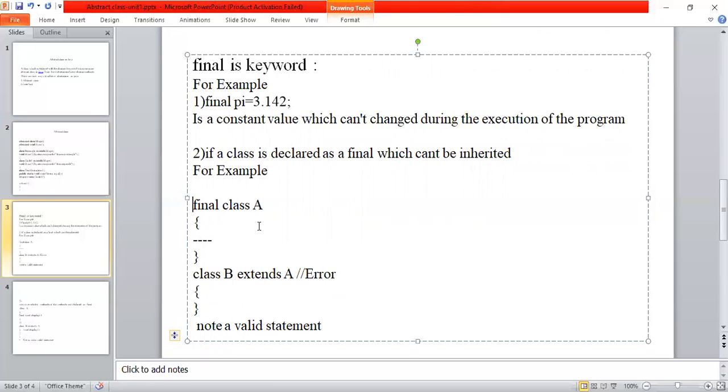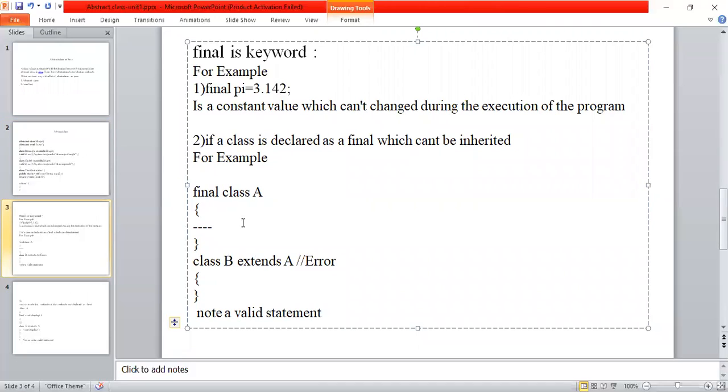Simply, the meaning is, if the class is defined with the final keyword, we cannot inherit or extend that class. This is the second advantage of the final keyword: whenever you don't want to extend your class, you can define your class with the final keyword. And coming to the third advantage of the final keyword,